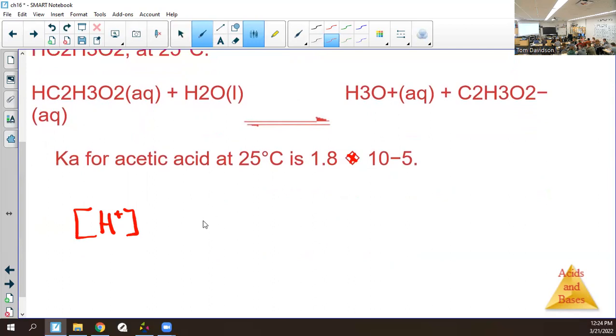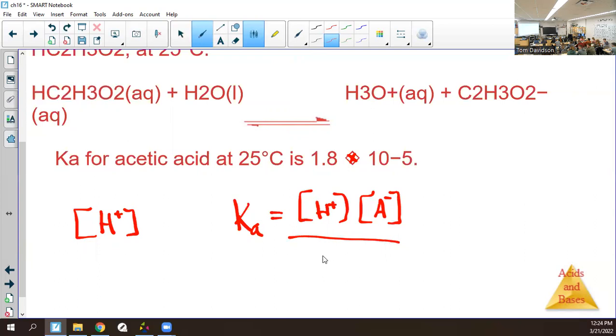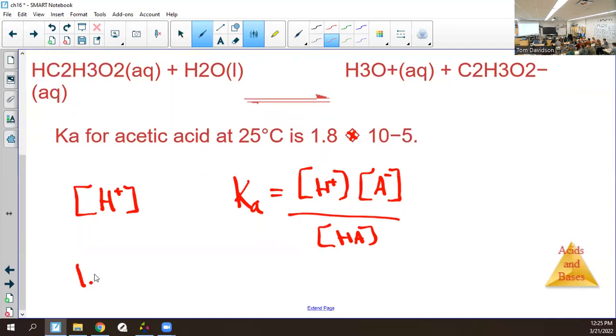It's not too hard. Ka, I know, is equal to H plus times A minus over the initial. Sound familiar? All right, let me put this in there. I know that 1.8 times 10 to the negative fifth is equal to, what do I know about these values right now? That they're equal. That they're equal to x squared over